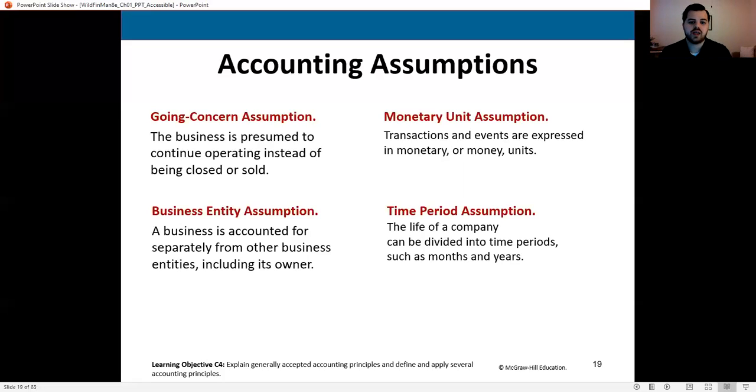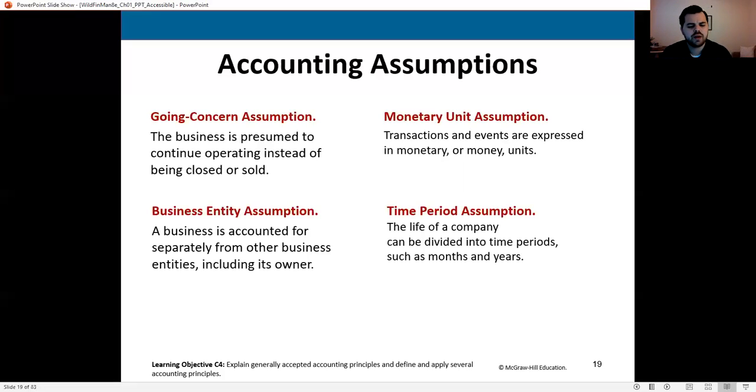So one of the most common things that I'll see is in the practice set that I'll have you do, I'll give you a question typically that says something like, the owner of this organization bought an engagement ring for their fiance. Should this be recorded in the business's journal? And the answer is no, right? If you buy jewelry for somebody that you know, that is in no way related to the business. That is your personal activity. So that personal activity should not be reflected in the financial statements of the organization. And we see that coming through because of this business entity assumption. It essentially creates this firewall that cannot be breached between the individual and the organization.